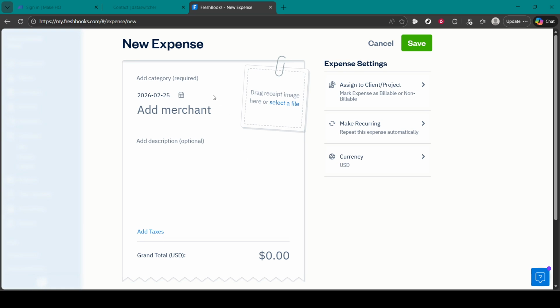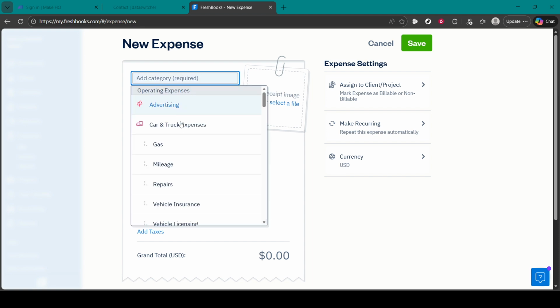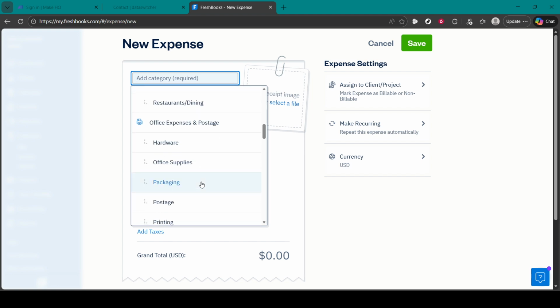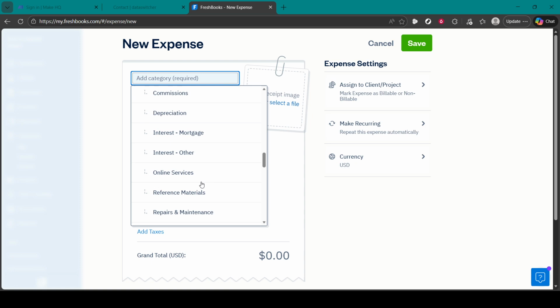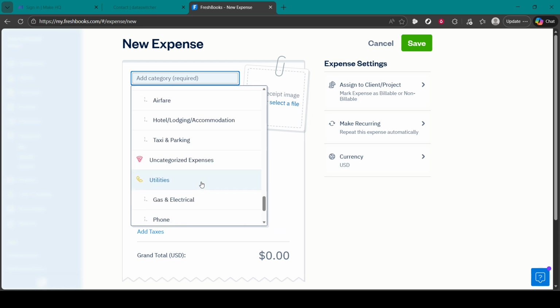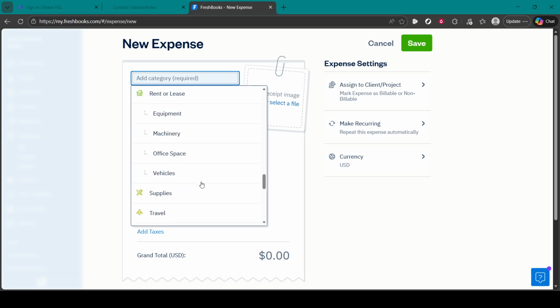In the New Expense form, find the category field. Click into that field to open the list of available categories. FreshBooks provides a set of standard categories that align with common bookkeeping and tax reporting needs, such as meals, office supplies, travel, and more. Use the search bar in the category picker if you see one, or scroll to find